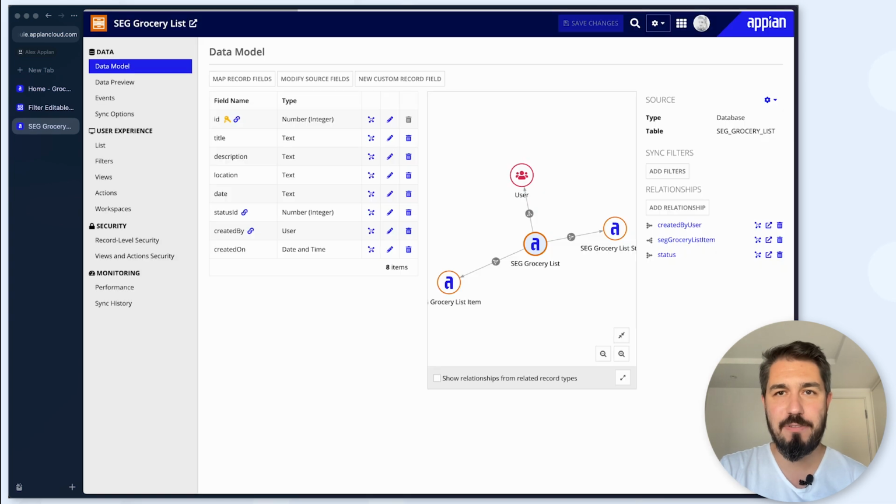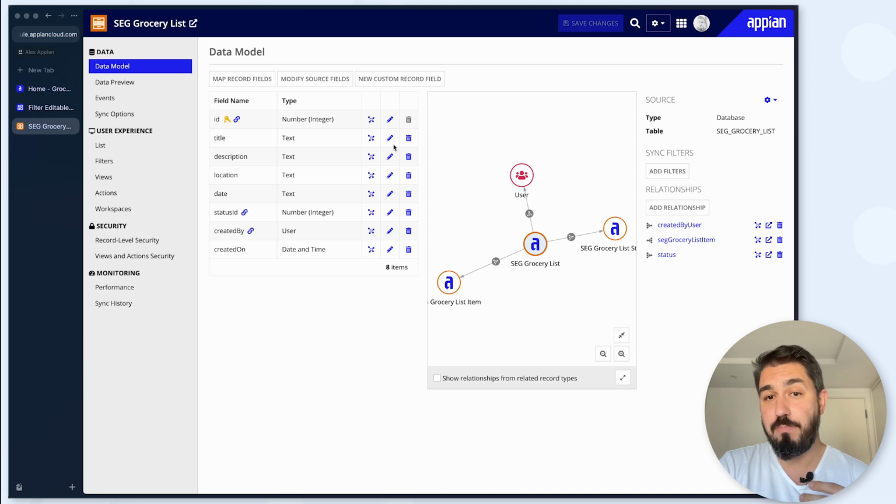Now I am using Data Fabric, and this comes with a lot of features and functionalities that make my life easier from a development perspective, but also from a business user perspective, because we're able to show multiple pieces of data to a user coming from different data sources. If we look at the diagram over here, we see that we have a data model, we have a grocery list that's linked to a grocery list item record,